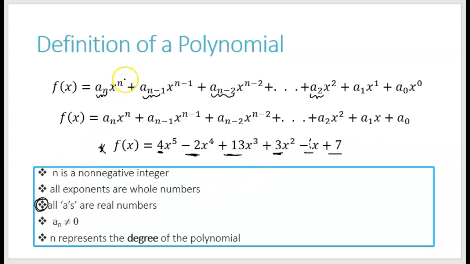Now, we also have all these n values up here. So n and n minus 1 and n minus 2 and so on and so forth. Here's what you need to know about that. That part gets really important. So n is going to have to be a non-negative integer. Now we talked about this before. What that means is it cannot be a decimal or a fraction. So you're not going to have a decimal or a fraction as an exponent. You are also not going to have a negative value as an exponent. Okay, so no negatives,